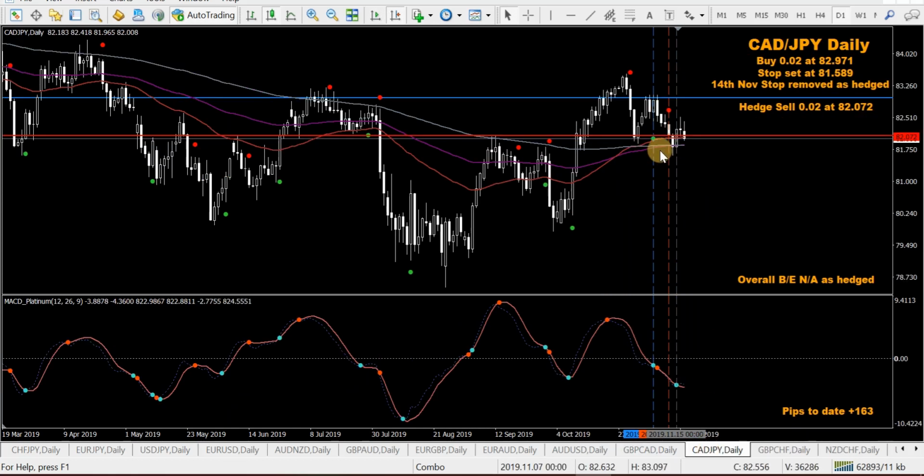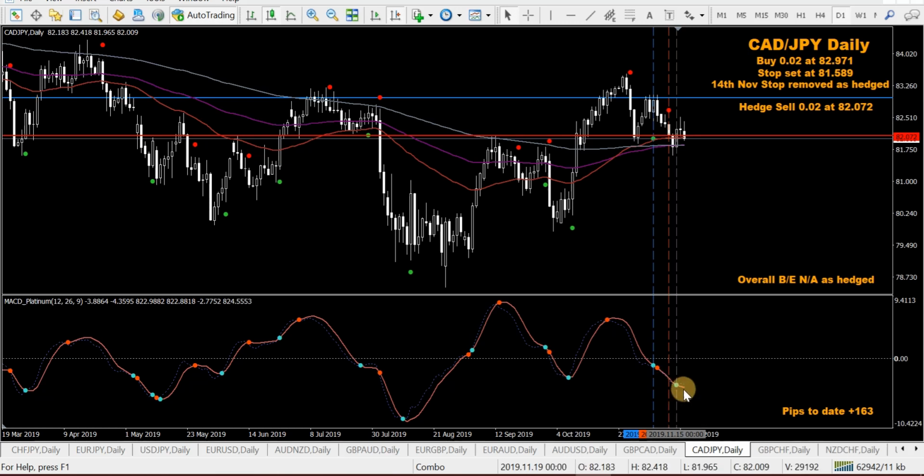CAD Yen, took a buy when it was in here. Wasn't a great buy. I did have a stop in place initially, and I did remove the stop. Now, it's probably a dumb thing to do, but having said that, I didn't remove it just to watch it drop. I removed it to put on a hedge because this is a slow burning pair, as I call them, and the sell signal, the MACD Platinum, still a long way